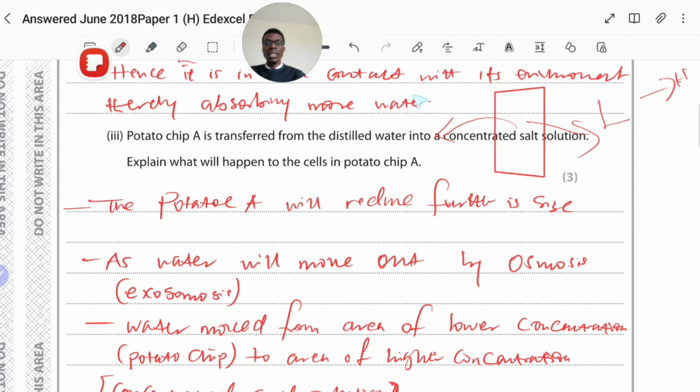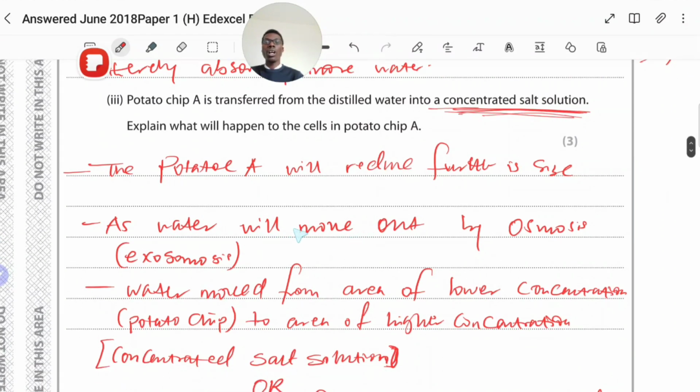So the surrounding here is more concentrated, so water will move from inside, which has low salt or sugar, in this instance salt, to the area where you have high salt or sugar, because it says here, move into a concentrated salt solution. So as water will move out by osmosis,